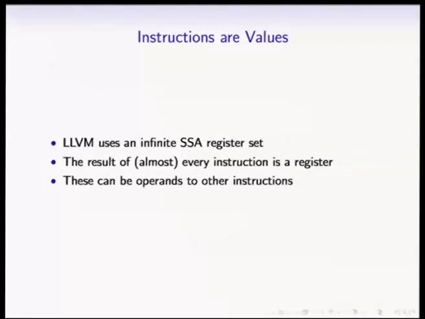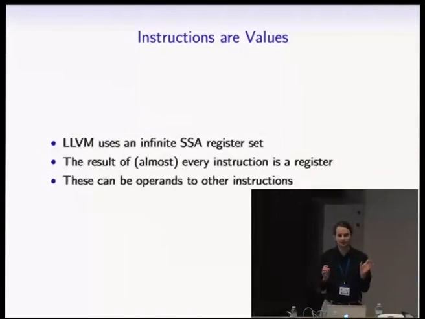So one of the things that kind of confuses people when they start working with LLVM is that registers are values in LLVM, and so you have this LLVM value class which most of the instructions inherit from, and when you create an instruction, you get something back which is the result of that instruction as well as representing that instruction. So you can pass that to other functions. Some things don't return any value, so a call to a function that returns void is just an instruction that then is a null value, or it's technically a value of type void, which means you can't do anything with it.